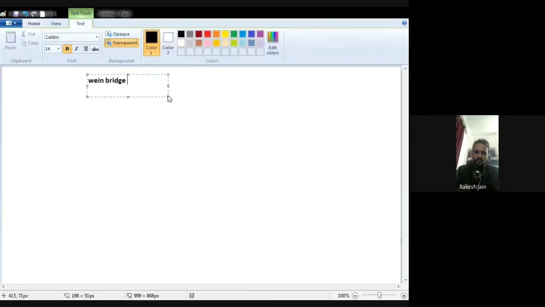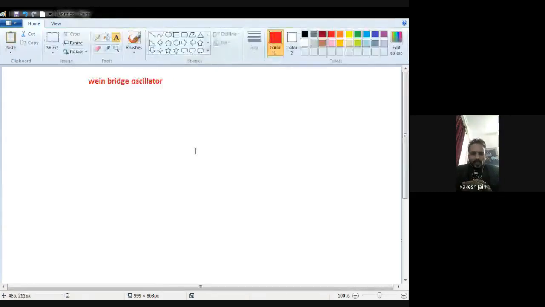A Wien bridge oscillator is used to measure audio frequencies. Our topic is the design of the Wien bridge oscillator. Basically, as we know, an oscillator is a circuit in which no input is required. It will generate sinusoidal waveforms without any input. An oscillator is a circuit which has positive feedback instead of the negative feedback of amplifiers. A Wien bridge oscillator is also a phase shift oscillator